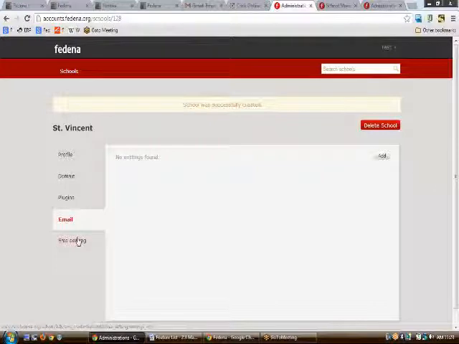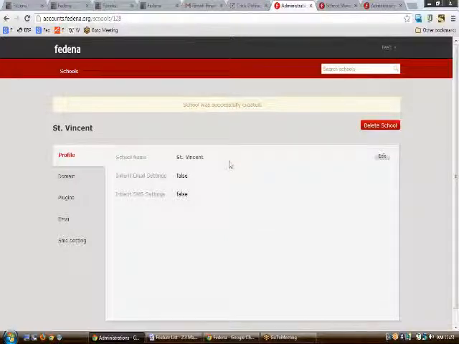Once this is done, we can just click on the SMS settings. As we can see, SMS settings are to be added, as this part has been unchecked. So the whole thing has been created. Now if we want to delete the school, this is the button that would delete the school created.